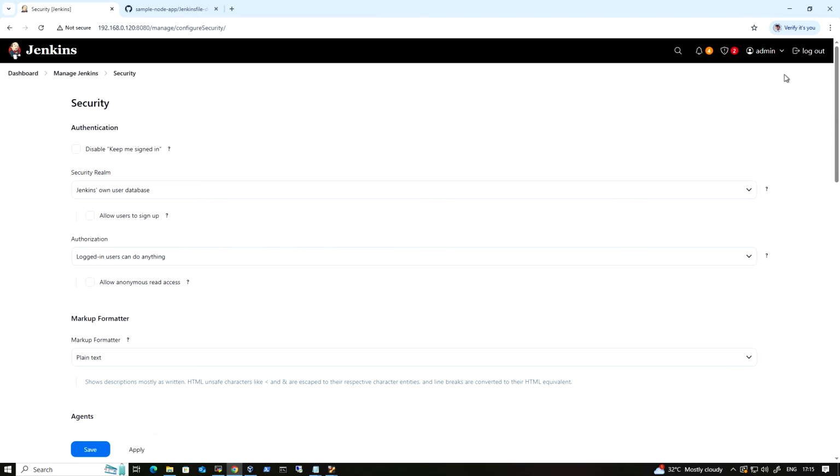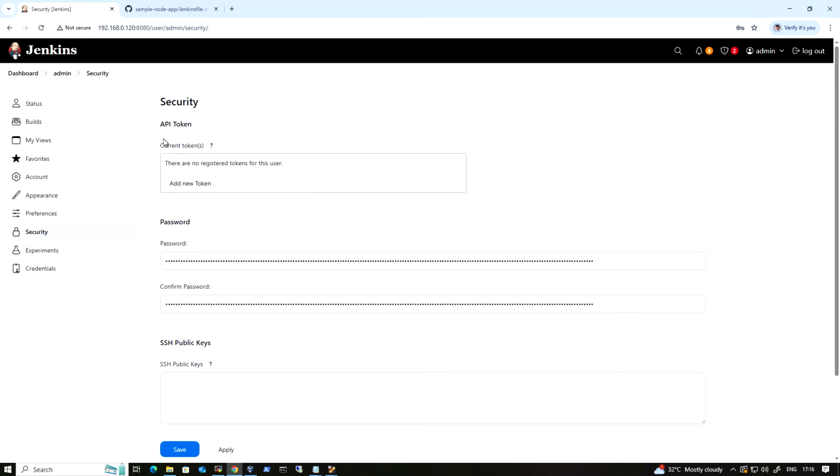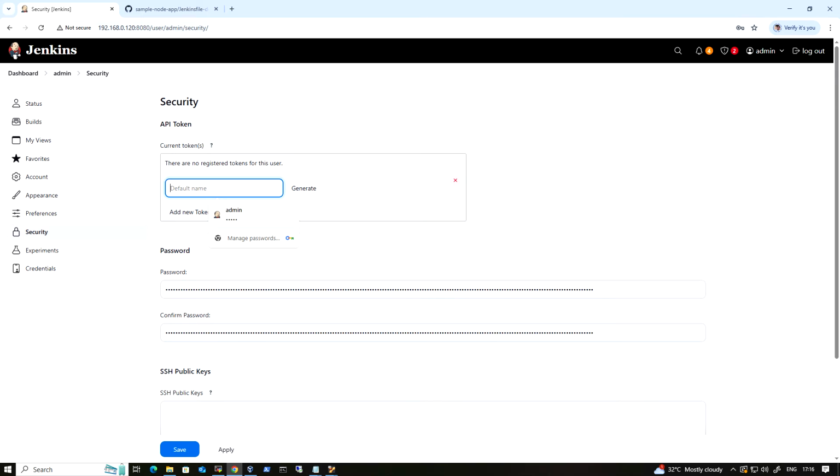To create the API token, click on admin and go to security. Here under API token, there are no registered tokens for this user. So for this admin user, we are going to create a new token which we can use instead of the password. I'm going to give it an API token name,